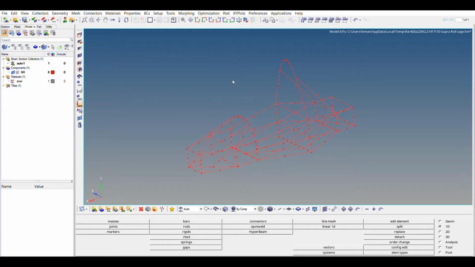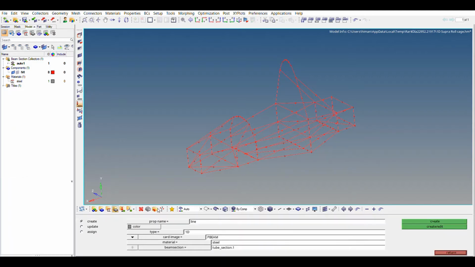Now that we have defined the material and cross section area, let's define the property, assign that property to our component and then mesh it. So let's first give the property. You can name it as line, select the type as 1D and card image as PBEAM, material as steel that we have just created, and beam section as tube section 1 that we have just created. Create.